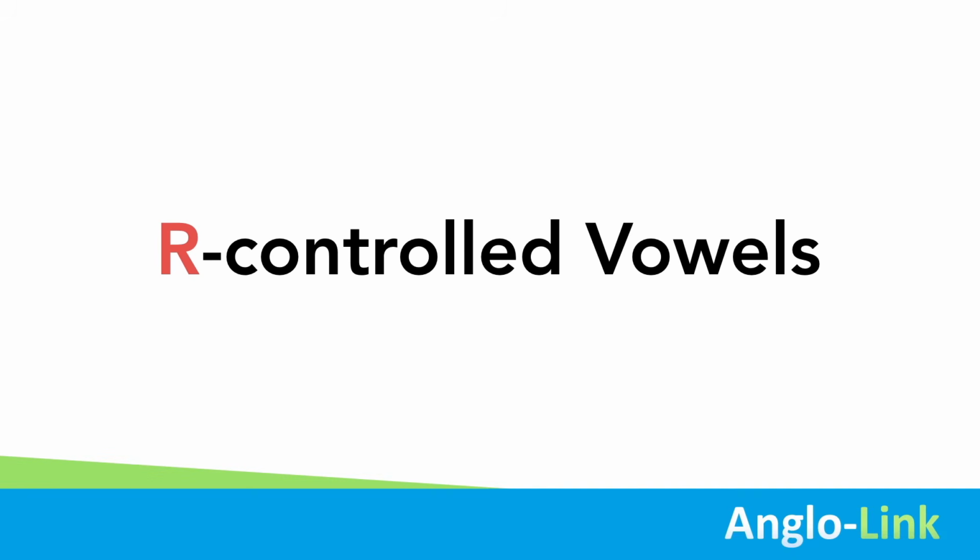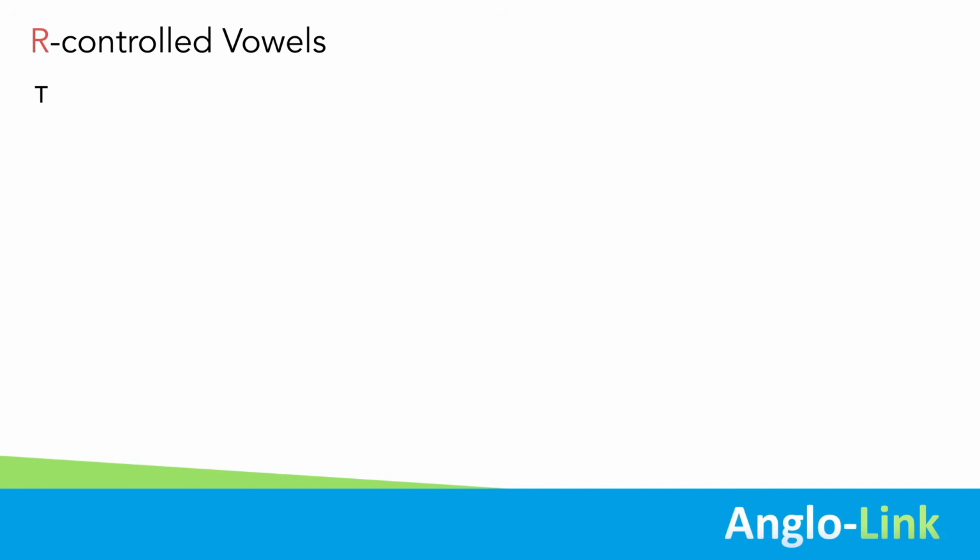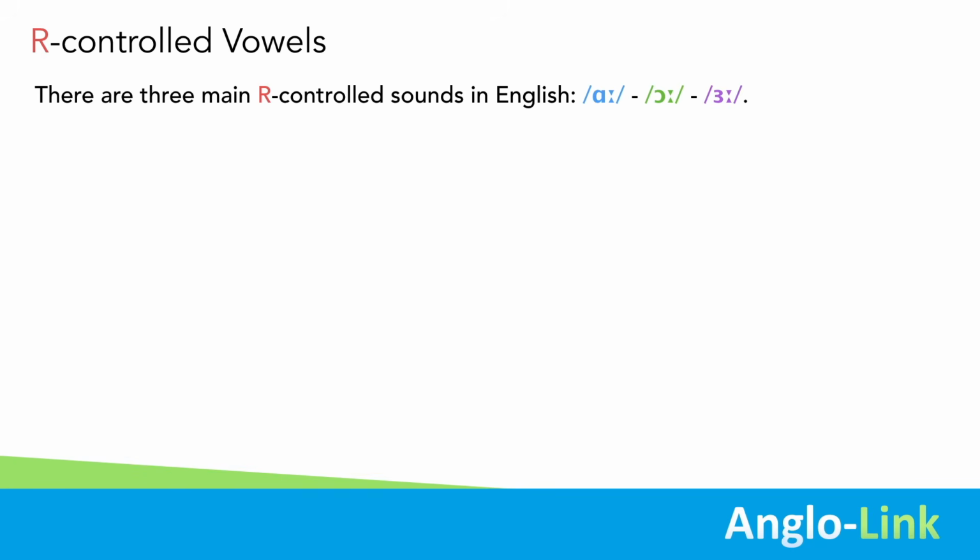In today's lesson, we're going to look at examples of this very challenging part of English pronunciation and ways to deal with it. R-controlled vowels. There are three main R-controlled sounds in English: R, O, and